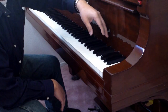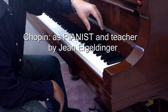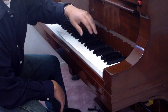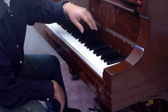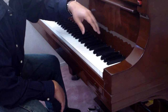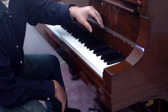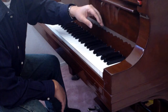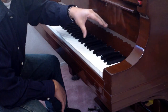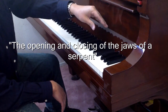Finally, again, I refer you to a great book called Chopin as Pianist and Teacher, which includes not only descriptions of Chopin's teachings, but eyewitness accounts of his concerts and performances. It was a quite invaluable book. But I'd like to leave you with this visual picture, which I think is quite striking. An observer noticed that when Chopin was playing, he likened Chopin's hand to the opening and closing of the jaws of a serpent. So you can kind of see that if